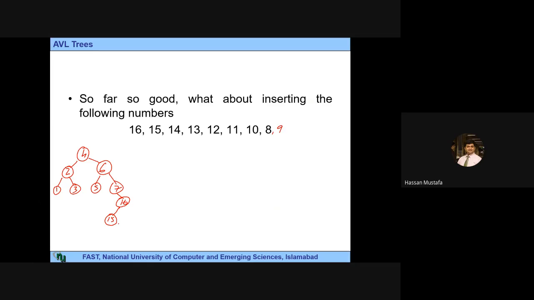शेजिल क्या कहते हैं, ये कौन सा केस है? ठीक है जी, तो आपने चेक कैसे किया कि 16 के तो लेफ्ट राइट में एक का डिफरेंस है, लेकिन 7 के लेफ्ट पे -1 और राइट पे 1 हाइट है, तो -1 विच इज इक्वल टू -2, तो 7 इज इमबैलेंस। और अगर आप देखें तो इंसर्शन कैसे हुई है, इसके राइट सब ट्री के लेफ्ट पे इंसर्शन है, सो दैट्स एन इनसाइड केस।